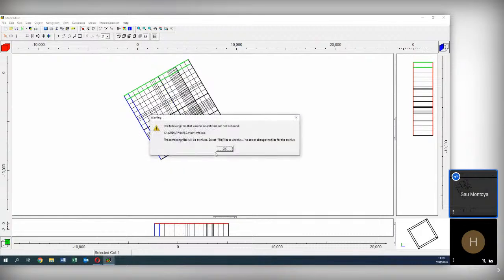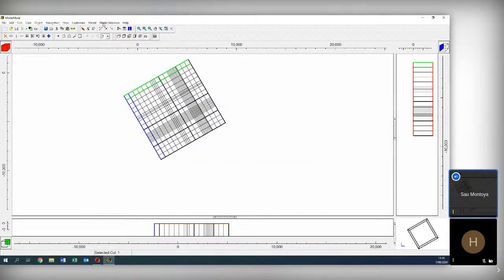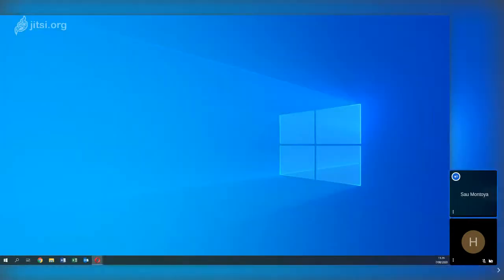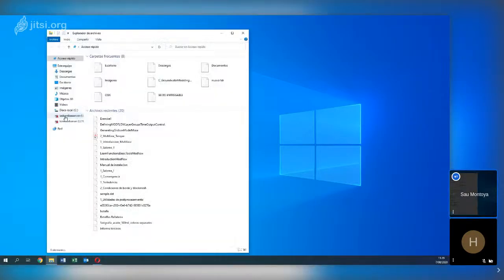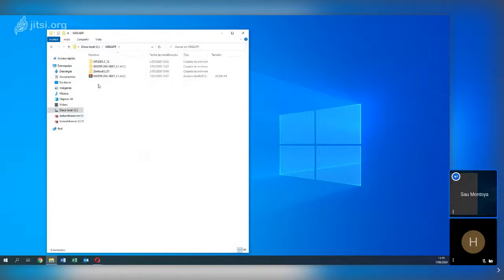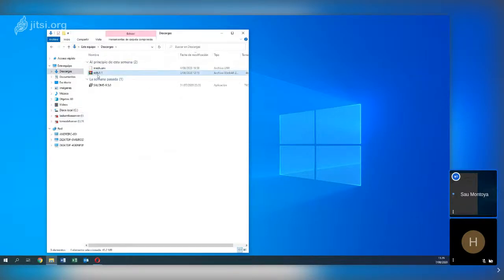In my case it says that ModFlow 6 cannot be found, and this reflects that here. Let's see if I have ModFlow 6 installed. Oh, I don't have it. Here I have.